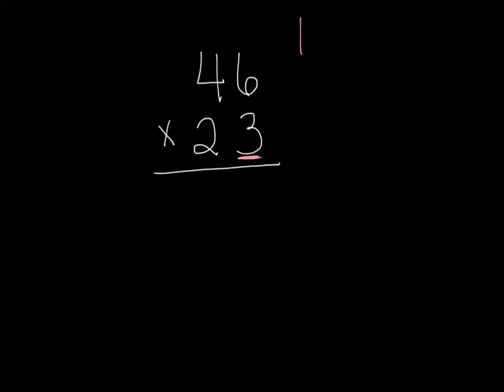So I'm going to start by first going up. 3 times 6 is 18. I write my 8 in the ones place and I carry my 1. Then I'm going to go over. That's my second step. 3 times 4 is 12. Add our carryover, plus 1 is 13. And because I don't have any other digits to multiply by my 3, I'm just going to put my 13